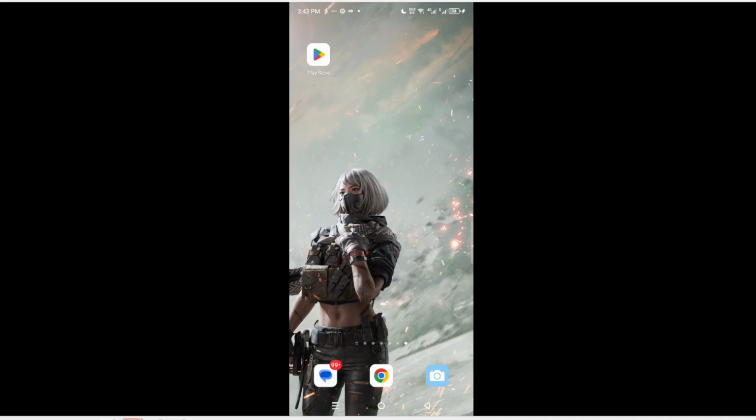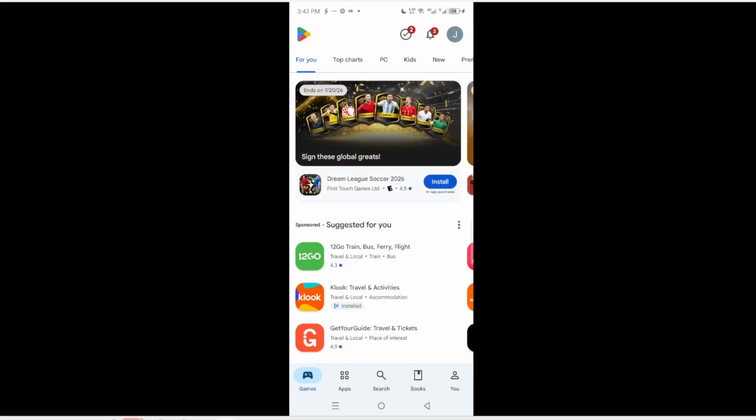This is the primary app marketplace for Android users. You can find it on your home screen or in your app drawer. Once you locate the icon, tap on it to launch the store. This step is crucial because the Google Play Store is where you will find and download the Lieferando app.